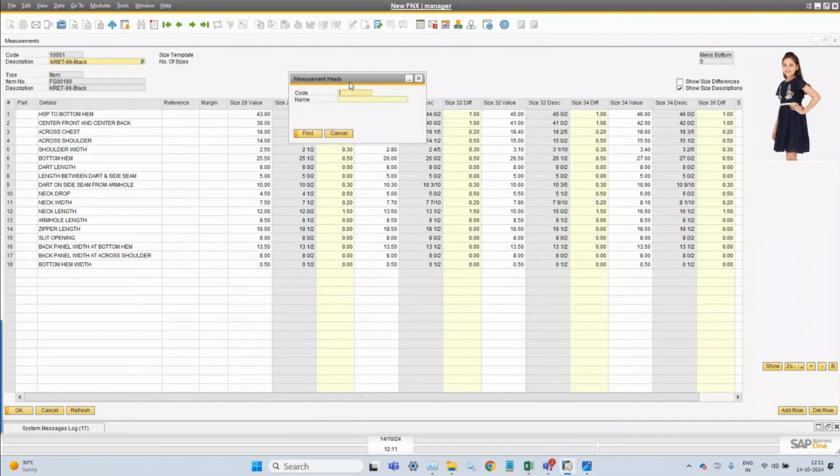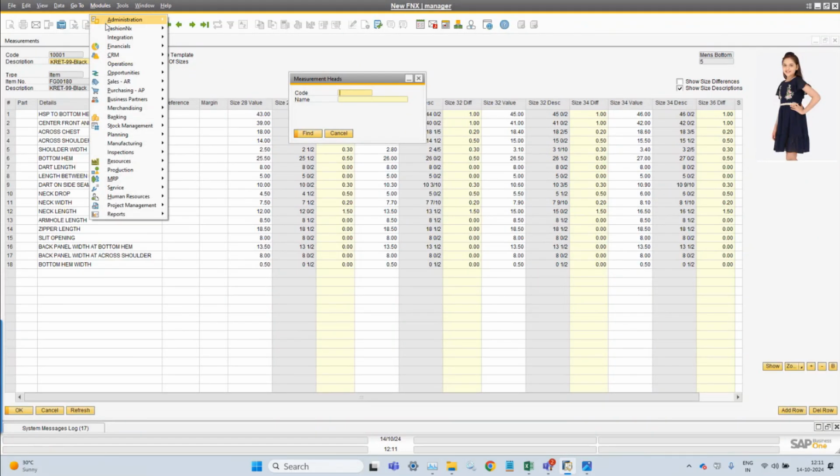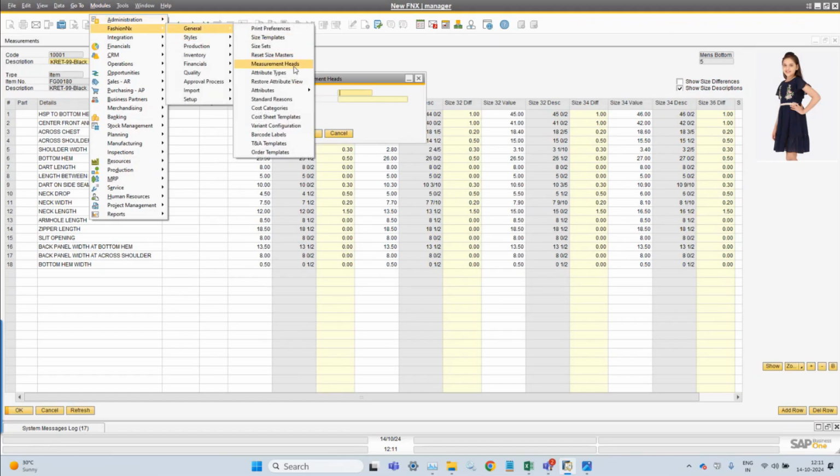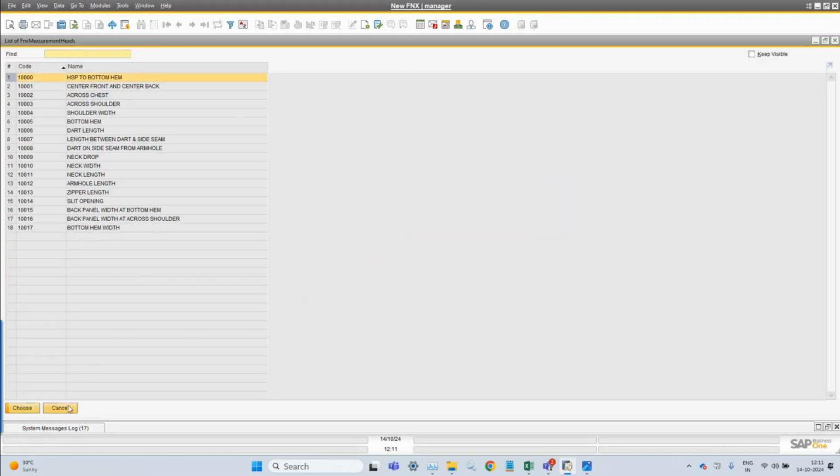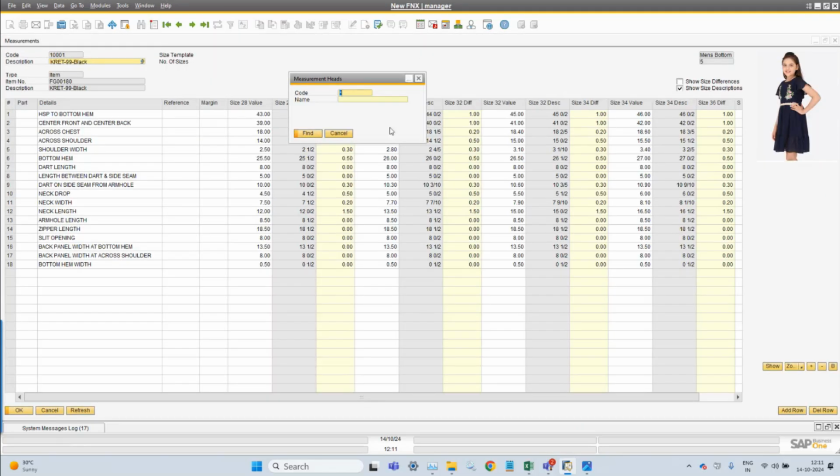There can be different measurement heads according to the product, so we can add them here in the FashionNX general and measurement sets. Right now, you can see around 18 measurements related to the dress have been added here. In case the product is different, like bottom wear,